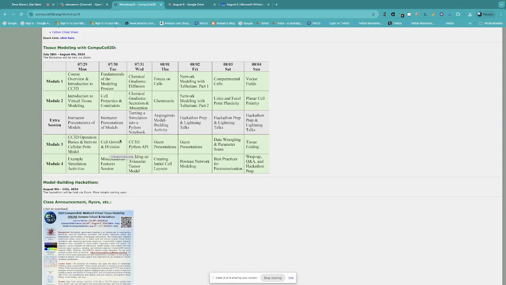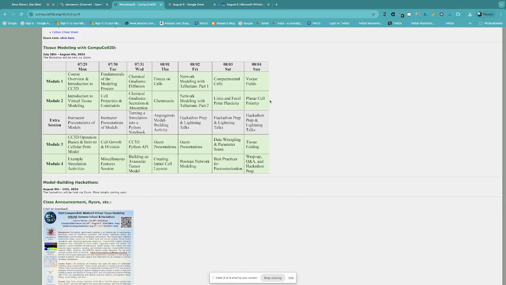Then the next day you had fundamentals of the modeling process, so properties and constraints, cell growth and division, then chemical gradients on Wednesday, working with Python API, building a tumor model,